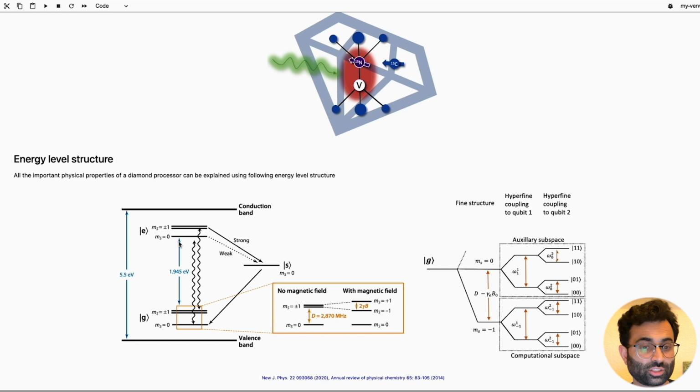When we shine a laser beam which matches the energy gap between the ground and excited levels, the NV center gets excited, and if it's in the ms equal to 0 state, there is a higher tendency to just decay back to the ms equal to 0 state. But if it's in the ms equal to plus or minus 1 state, there is a higher chance that it will go through the metastable state, stay there for the lifetime of the metastable state, and then eventually decay back to the ms equal to 0 state. This fact is used to initialize and read out the spin state of the NV center,